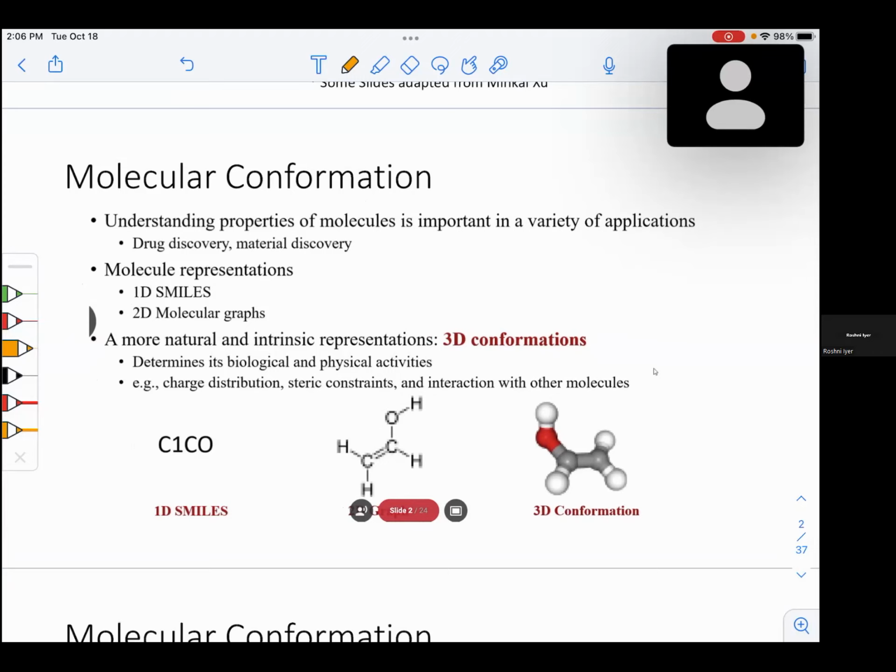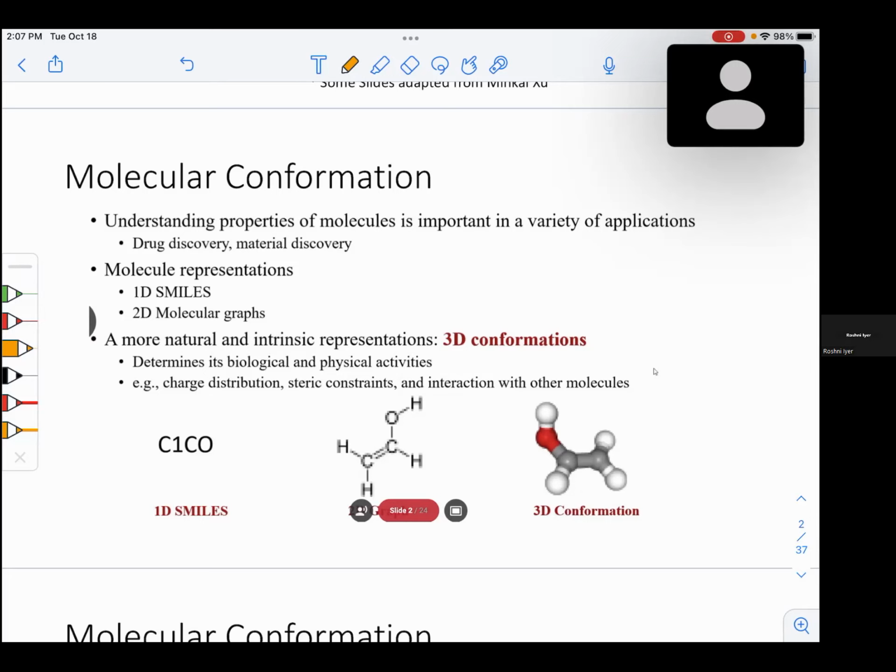In many real-world scenarios, such as drug discovery and material discovery, we are required to understand the properties of molecules. Traditionally, molecules are represented in 1D space, like simple symbols comprised of several letters, as we learned in chemistry class, or later on as 2D molecular graphs,